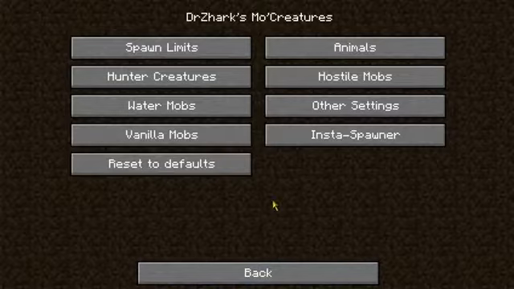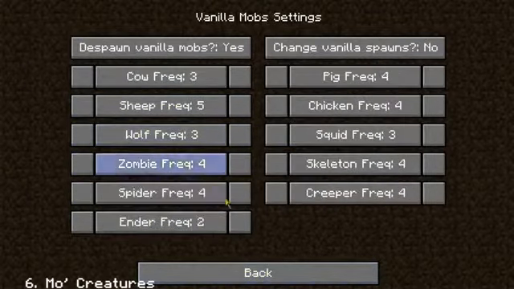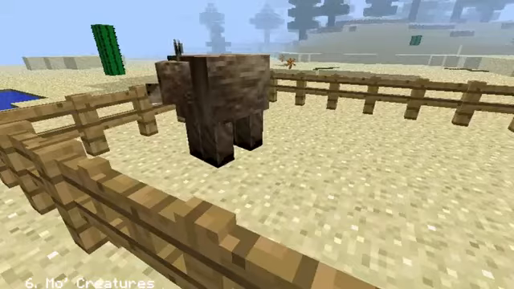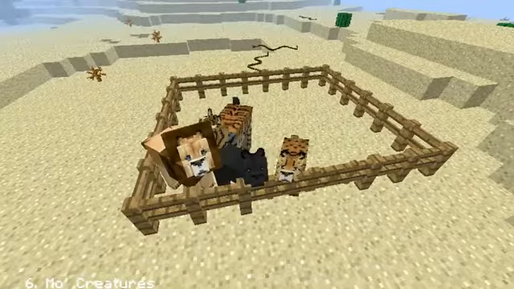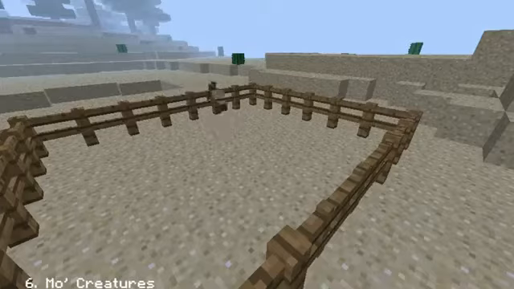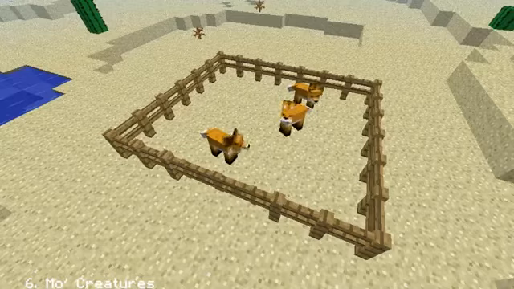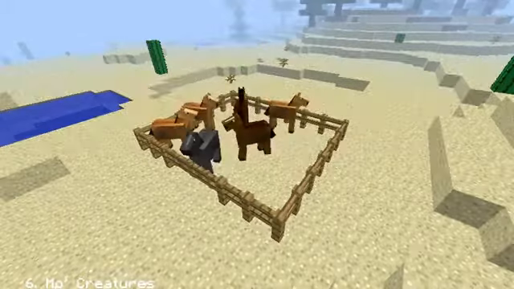Mo Creatures is basically a mod that adds a bunch of creatures and mobs to the game. And right now I'm going to demonstrate some of those mobs and creatures. Creatures such as bears, big cats such as lions, leopards, panthers, and tigers, birds, bunnies, cats, crocodiles, deer, foxes, goats, horses, dolphins,